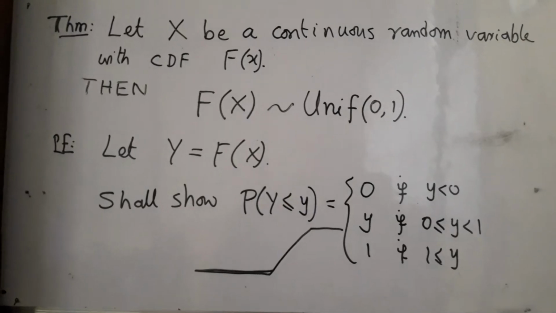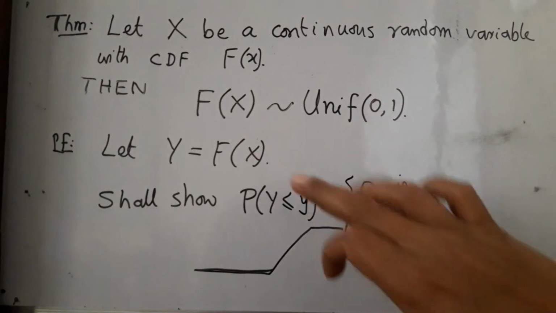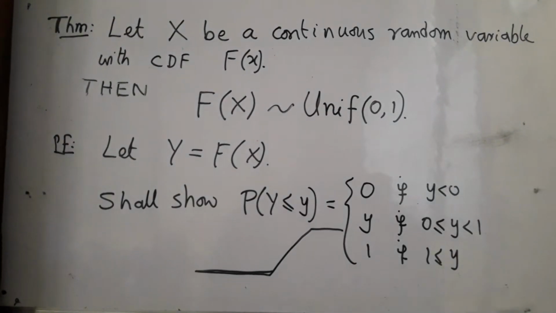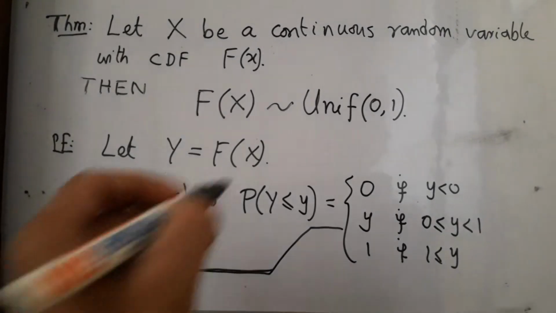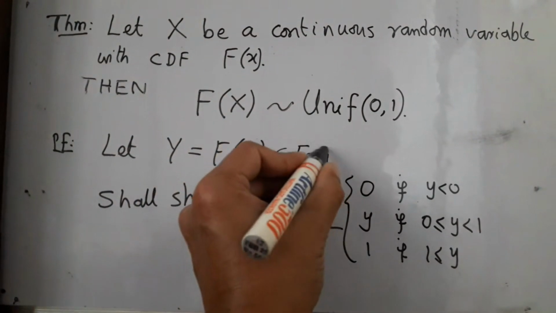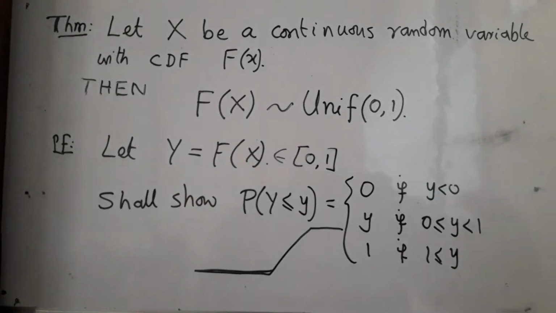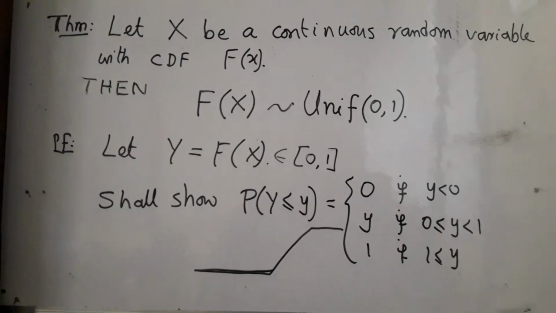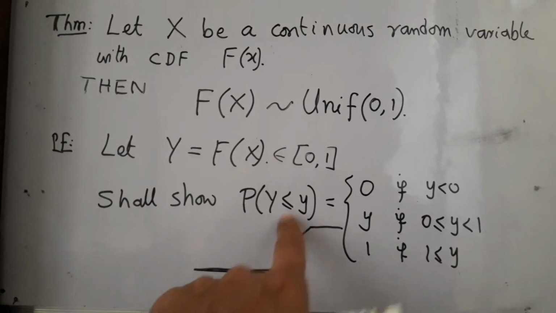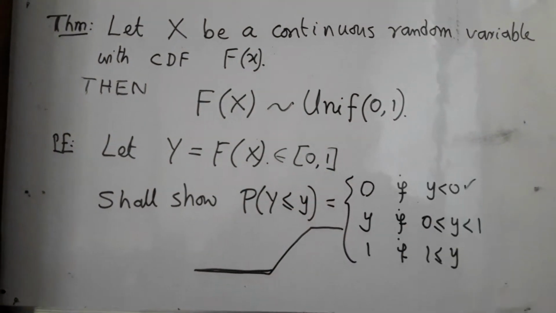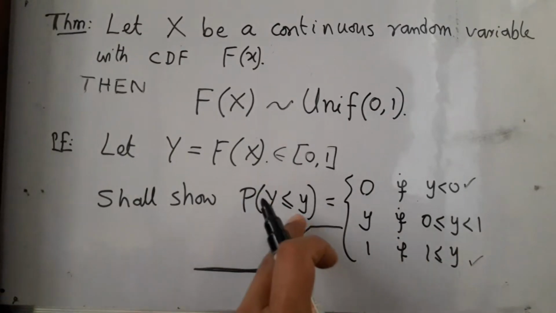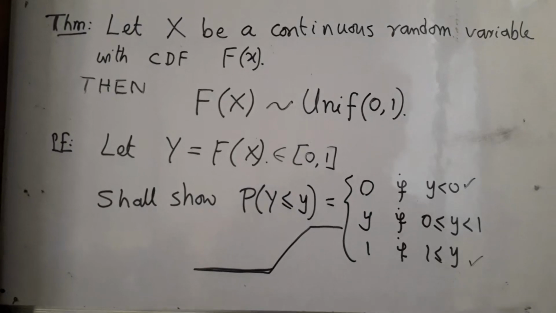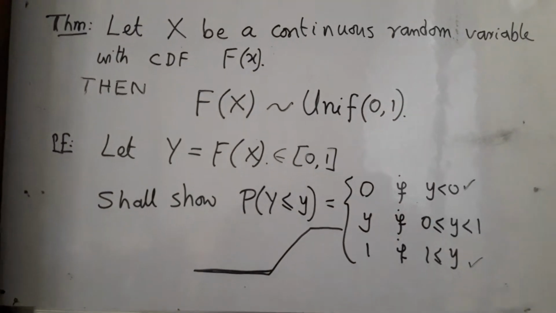Now as you can guess, these two are very easy to prove because capital F being a CDF can only take value between 0 and 1. So capital Y also must lie in the range 0 to 1. It may not take the value 0 or take the value 1, but it cannot go outside that. So if you take little y less than 0, then there is no way capital Y can be less than or equal to y. So you get 0. Similarly, if you take y greater than or equal to 1, there is no way capital Y can avoid being less than or equal to little y. So you will get 1. So these two cases are immediately proved.